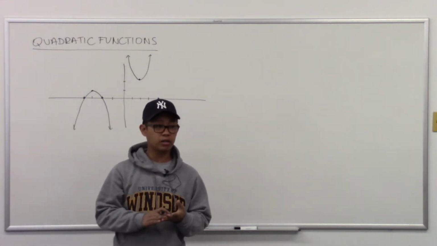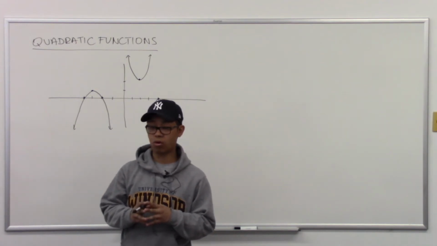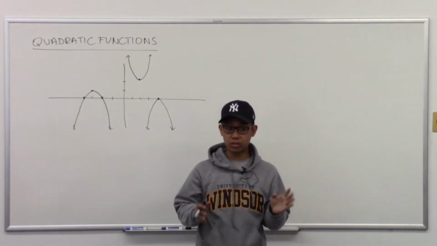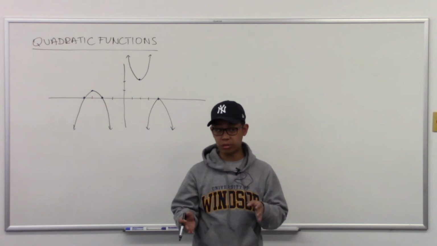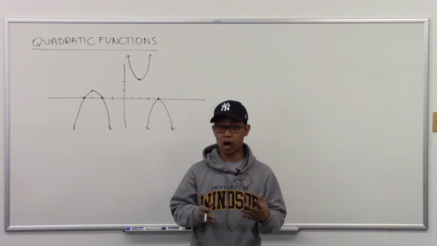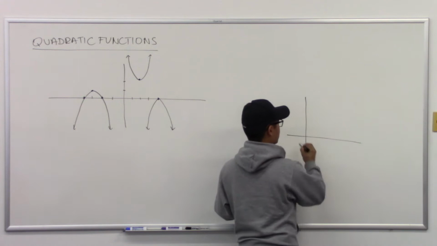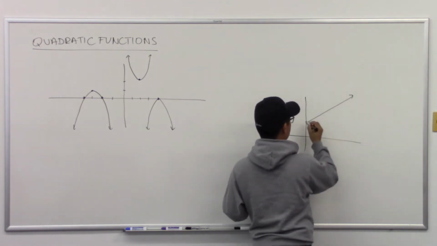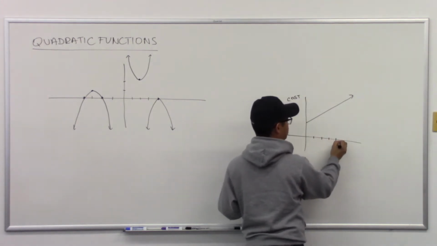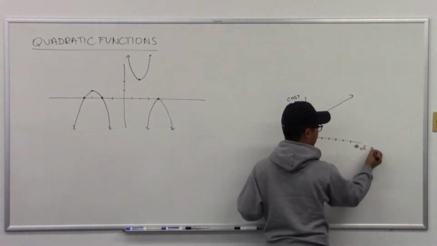So in grade 9, the main function that you're dealing with is always a linear function. So lines on a Cartesian plane are linear functions. Remember that a function is a relationship between an x and a y. The x is the independent variable, and the y is the dependent variable. So for example, if I gave you something like this, and I said, this is the cost, and this is the number of games bowled at a bowling alley,